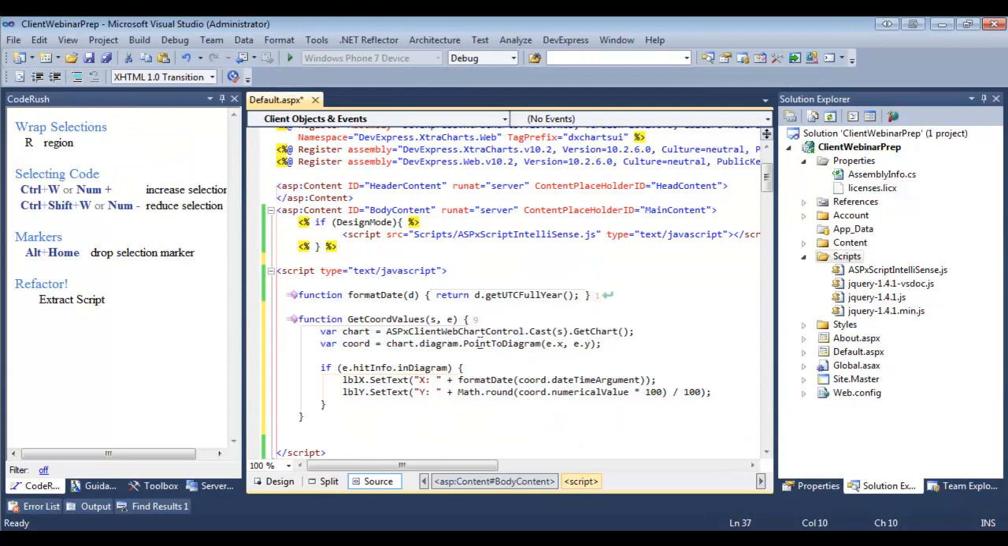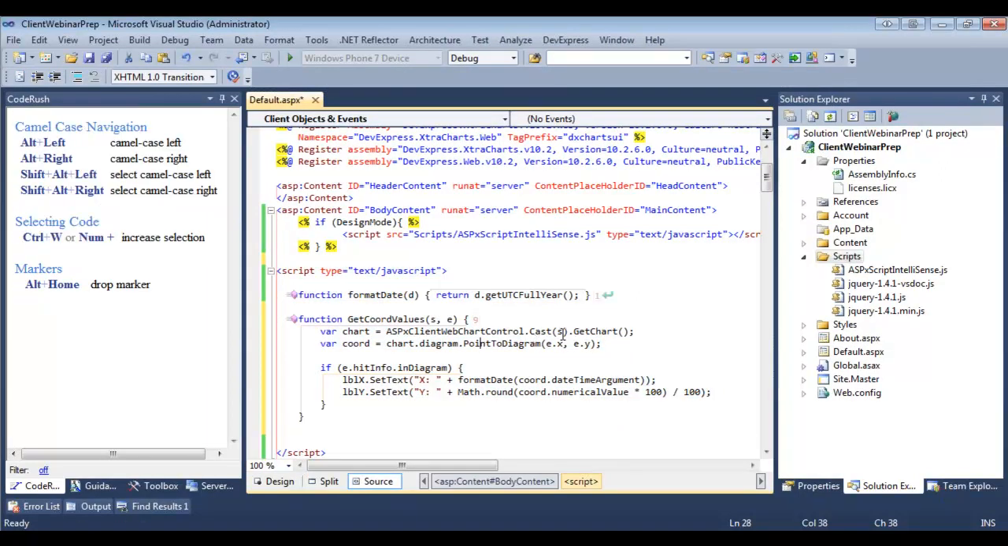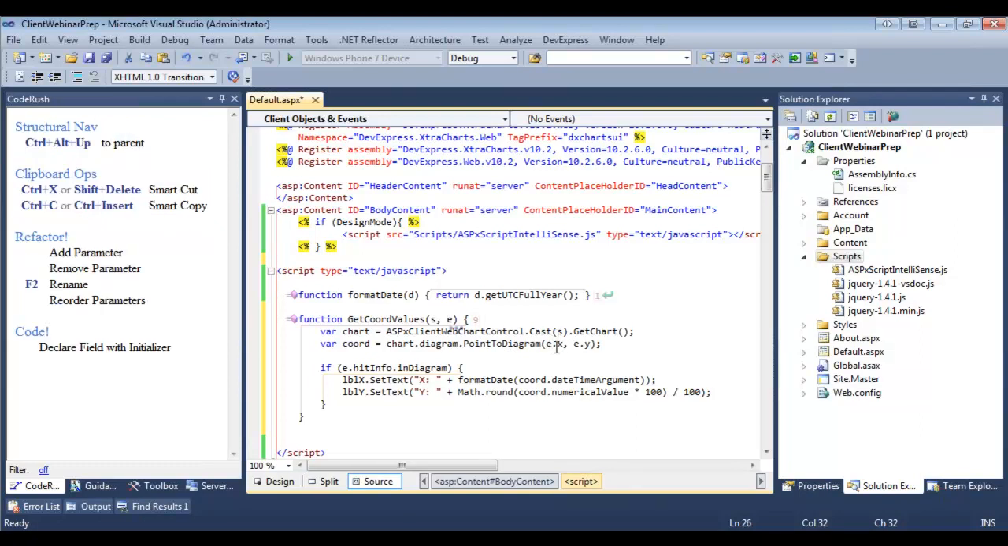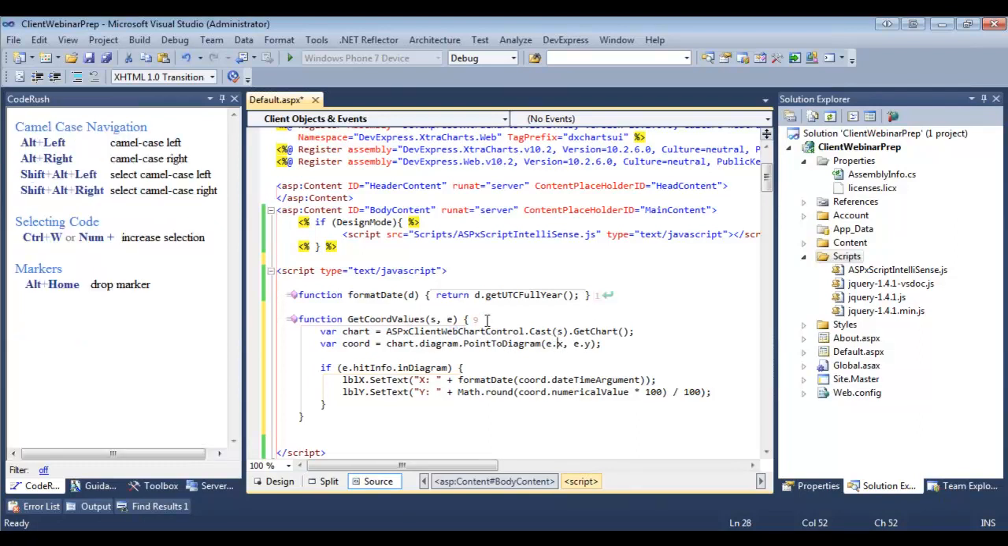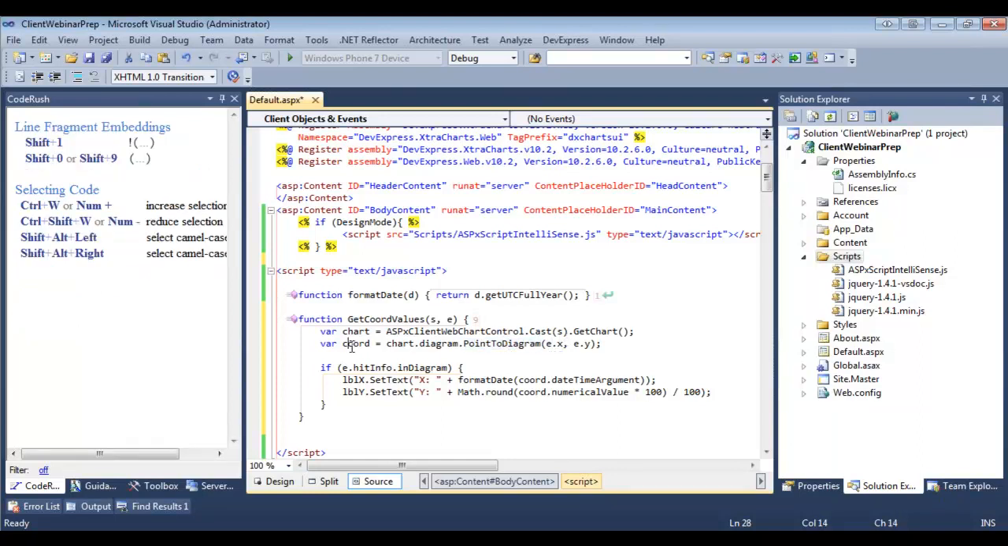So we're going to call diagram, point to diagram. And we're going to take the X and Y passed in from the event args. And since this is coming from the hit info event, these X and Y are relative to the control itself. So these aren't the absolute X and Y for the entire page, they are the X and Y for the chart. So we're going to pass those into point to diagram, and it's going to return me back a, what is it, ASPX client diagram coordinate